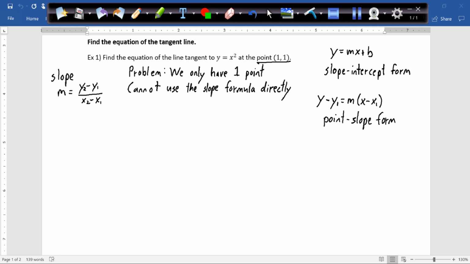Okay. And so we have to be a little clever about this. We have to say, well, I can't find the slope of the tangent line using the slope formula, but you know what? I bet I could find the slope of the secant line using that formula. Why? The secant line has 2 points. It touches in 2 points. So maybe if I graph this,